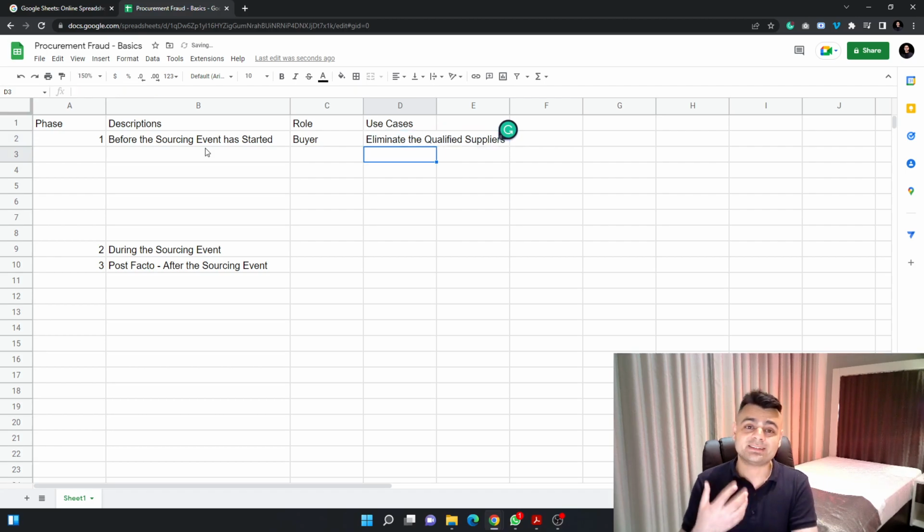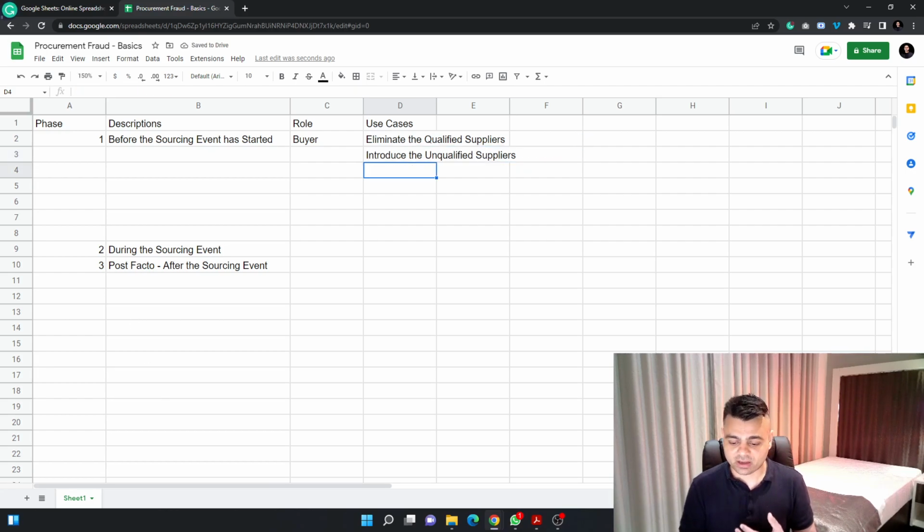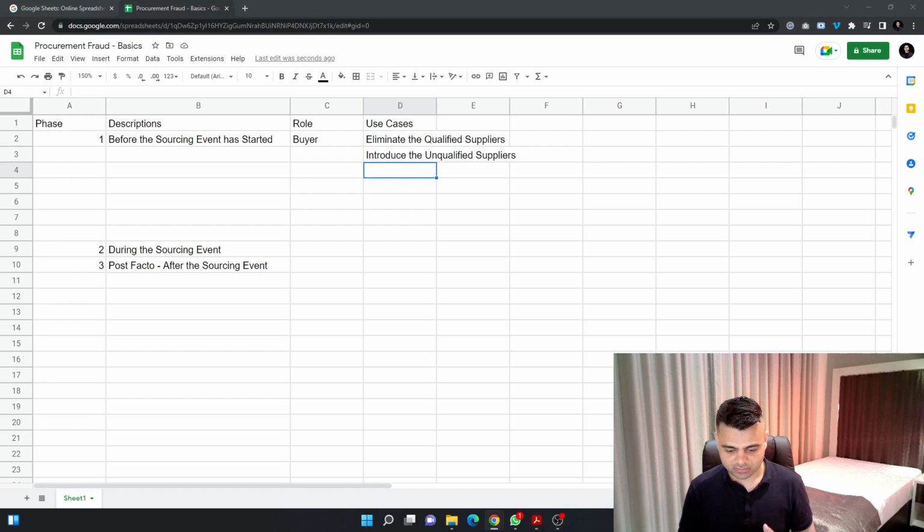The second thing that I will always do is to introduce my favorite vendor, or introduce the unqualified suppliers, because that's how the collusion will always start. The third use case will be I will introduce